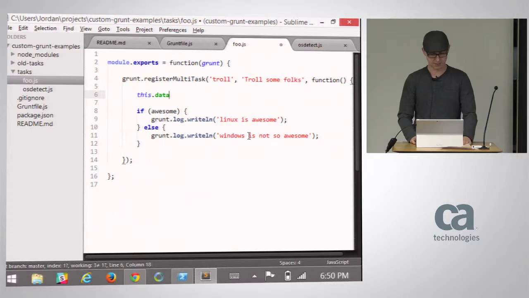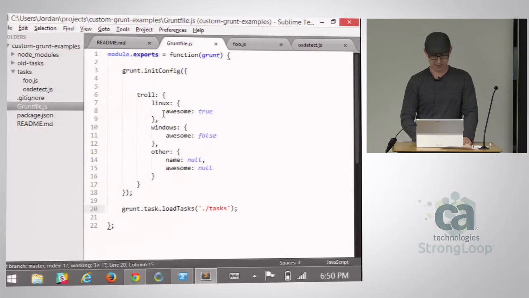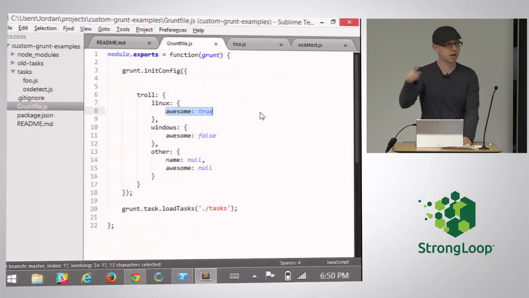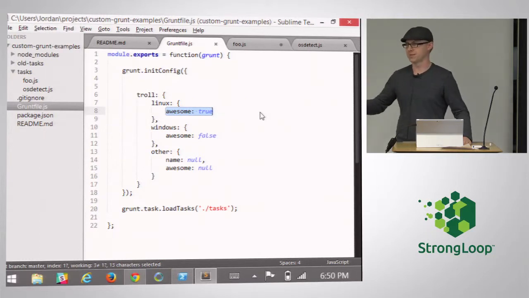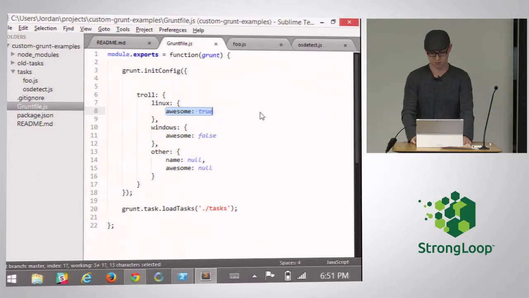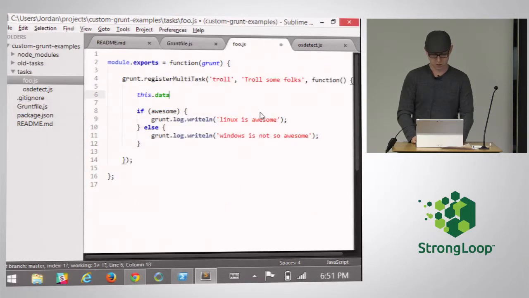So instead, because we're using a multitask, I can actually do this.data. So what does this.data give you? Well, over in our grunt file, it's going to give you the stuff in here. So in my case, it's that target's options. Again, I'm not going over all the basics of grunt, like how you pass in options, stuff like that. It's really not that difficult. I would recommend you do go to the getting started page of the Grunt website if you're not familiar. If I had any options in here, it would also give me the options, but basically it's everything that's inside of this thing, including any options and overridden options. So I can just go to this.data.awesome, and that will actually give it to me,